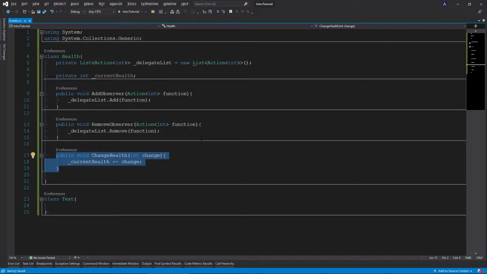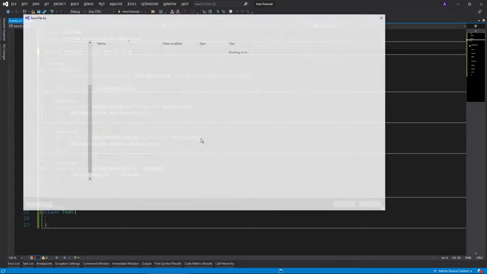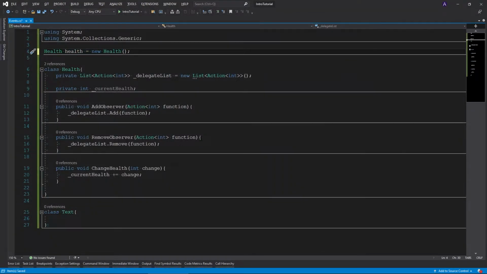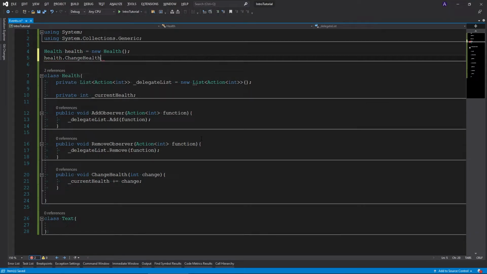Okay, so I will be able to do this from the outside. I will just go here and I will do exactly that. I will say health equals new health. And you can think of this as like a Unity component or something, right? Like you have your health component in Unity, which of course you don't need to do a new. You can just do a get component or assign it in the editor or whatever, right? But this is just to keep it simple here, not fiddle with Unity stuff. And I will just say, okay, health dot change health, and I will, I don't know, add 10 health or something. Okay, so